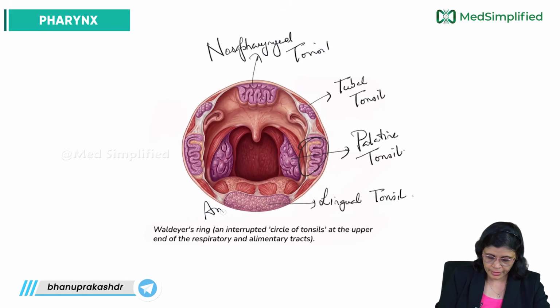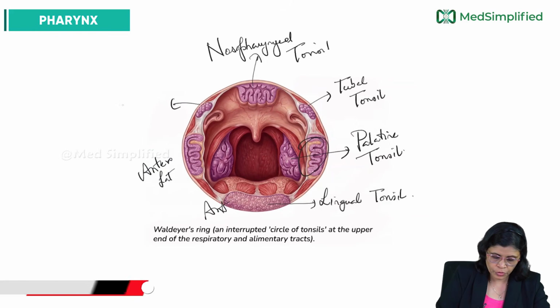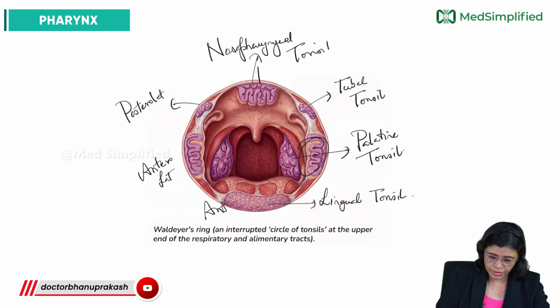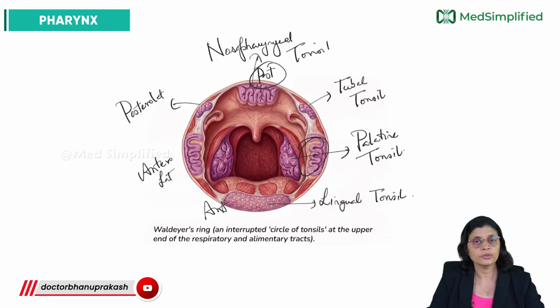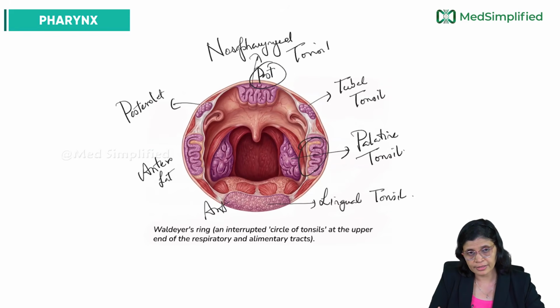So anterior, anterolateral, posterolateral and posterior, those are the things which we see around the oral as well as the